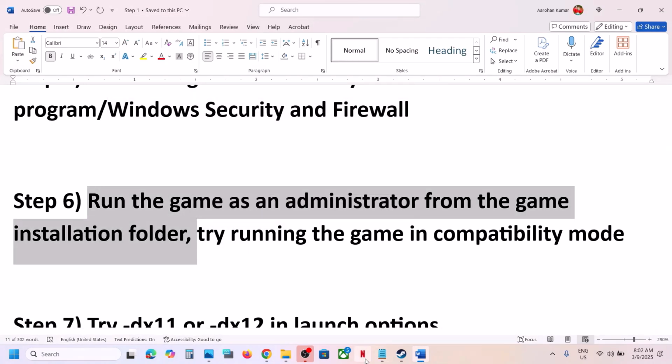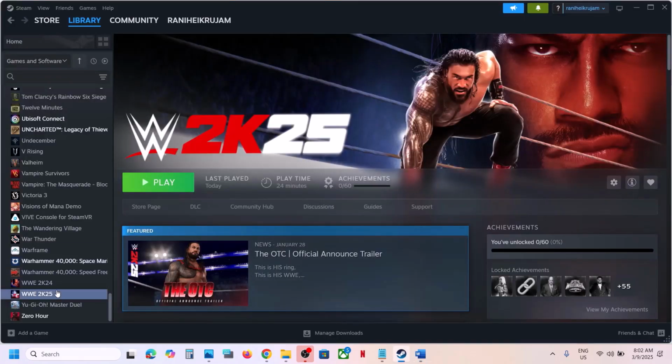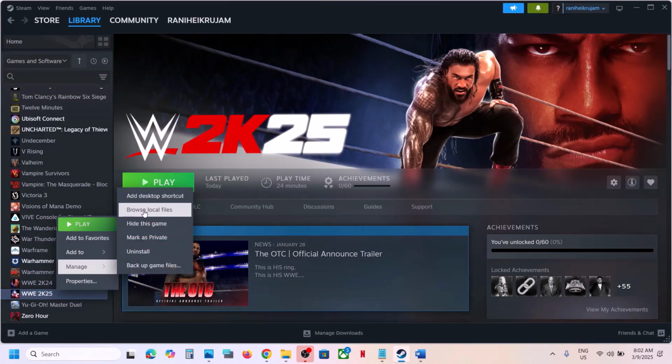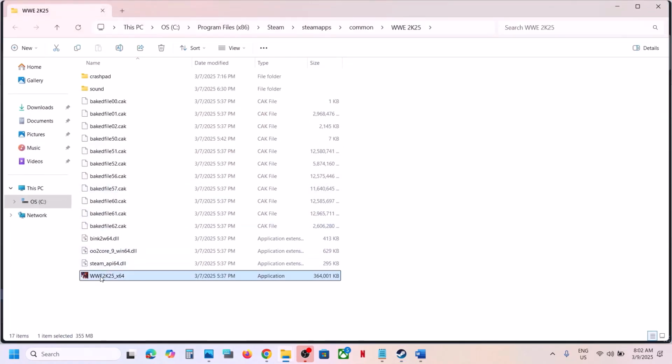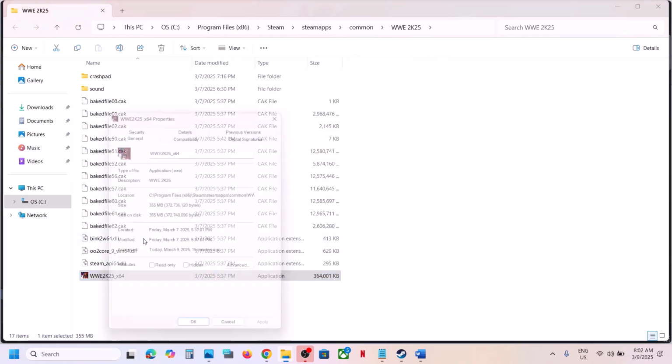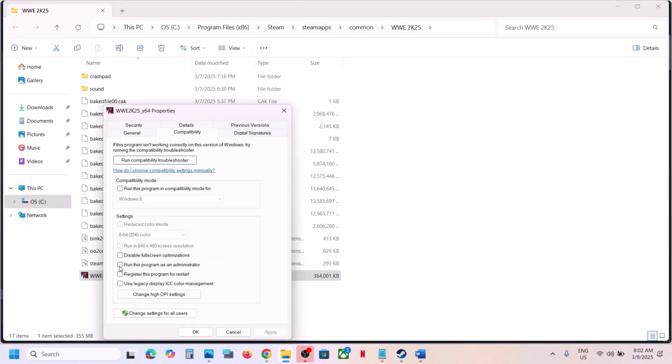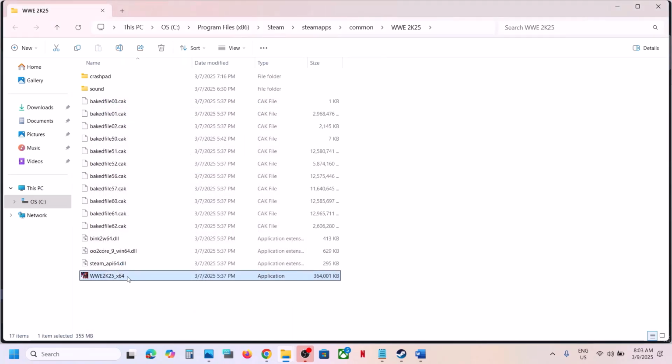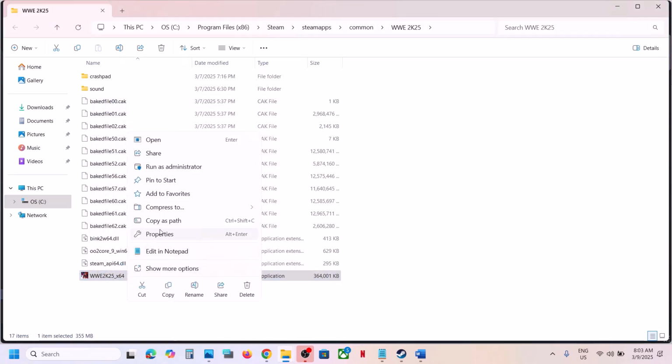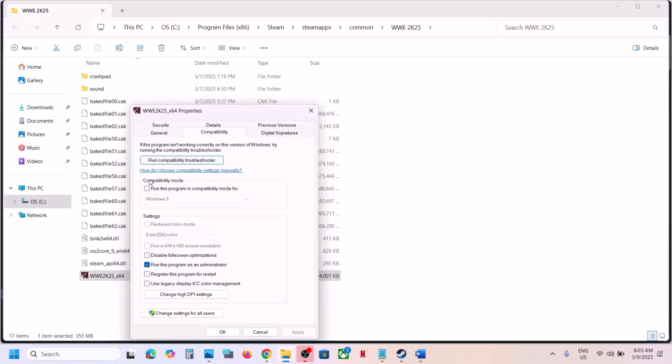So make a right click on the game in Steam and then manage, browse local files and then make a right click on the game exe file, select properties and then go to this tab, put a check on the box which says run this program as an administrator, hit apply, click on OK, make a double click, launch the game. If that does not work, go to properties once again and this time put a check over here,